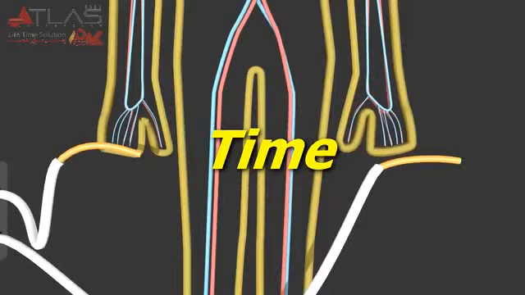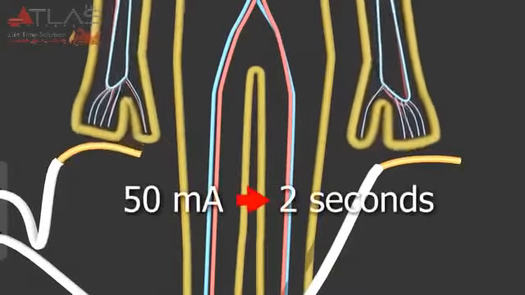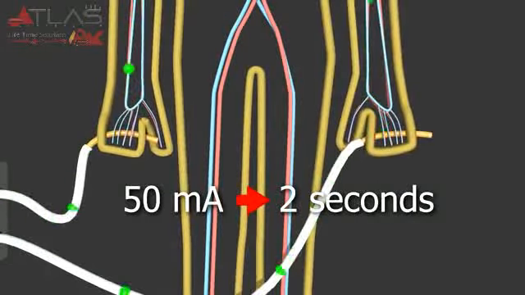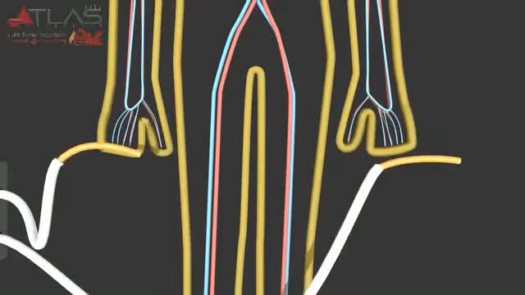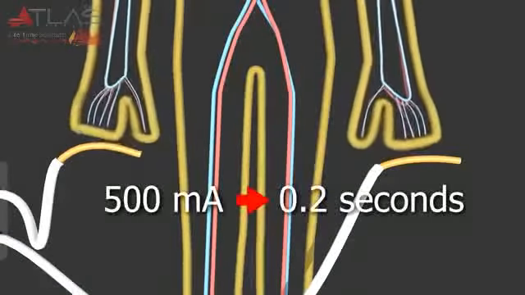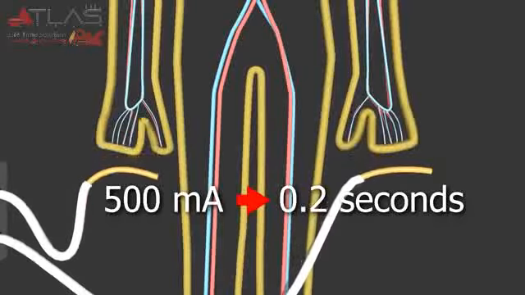How long the current flows also has an effect. At 50 milliamps, if you manage to let go within 2 seconds, then you'll be okay. But if the current is 500 milliamps, then you have just 0.2 seconds to let go and still be okay. What about when you get a shock by rubbing your feet on carpet and then touching